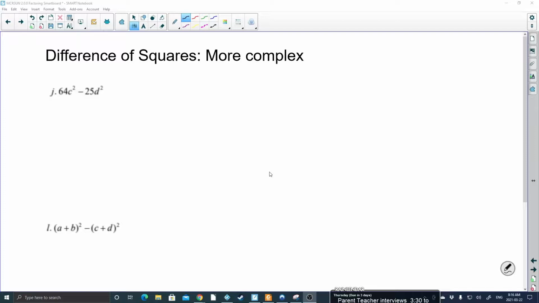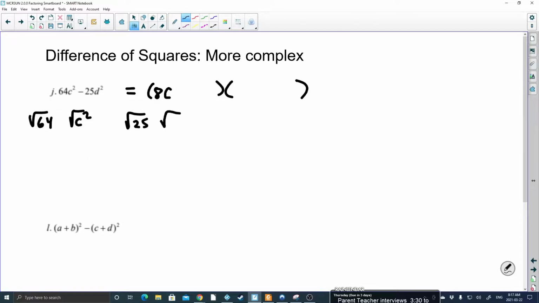So the next thing I'd like to look at are some differences of squares. We already know what a difference of squares looks like, but same as with the trinomials above, you can have differences of squares that have two letters in it, like this, okay? So we know that the pattern for a difference of squares, very similar to a perfect square trinomial with one slight difference, is you square root the 64, you square root the c squared, and that's going to give you your first term, so that's going to be 8c. And then you square root the 25, and you square root the d squared, and that's going to give you your second term, which is 5d. And then you just put those in both